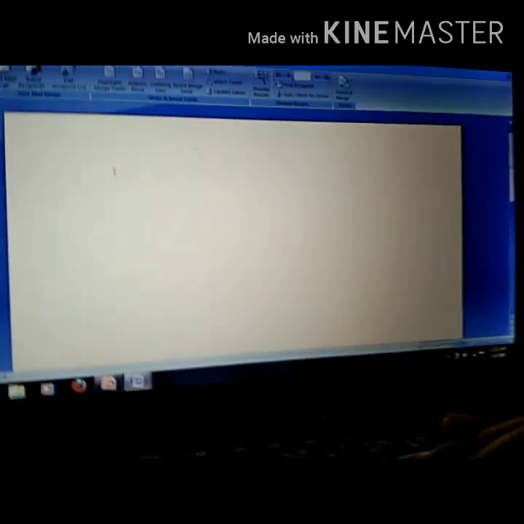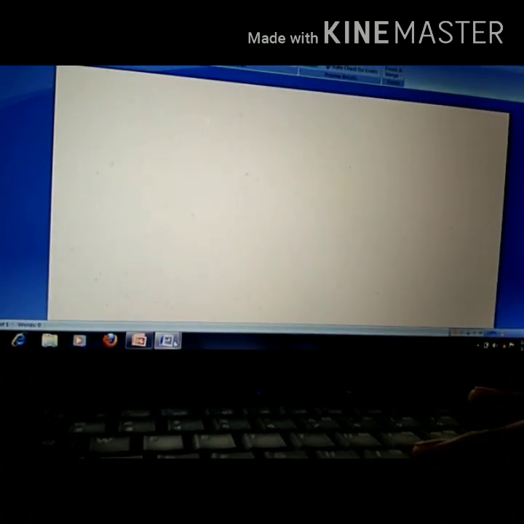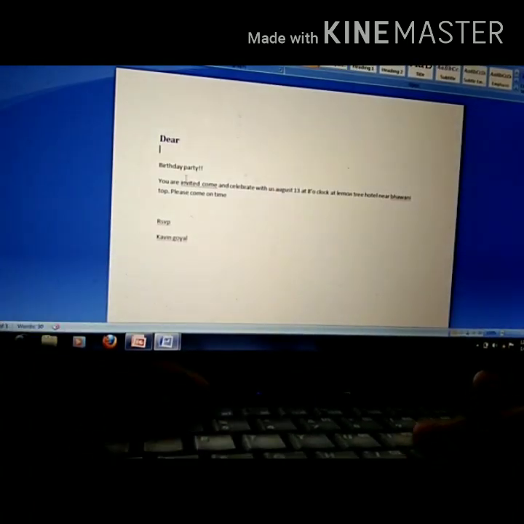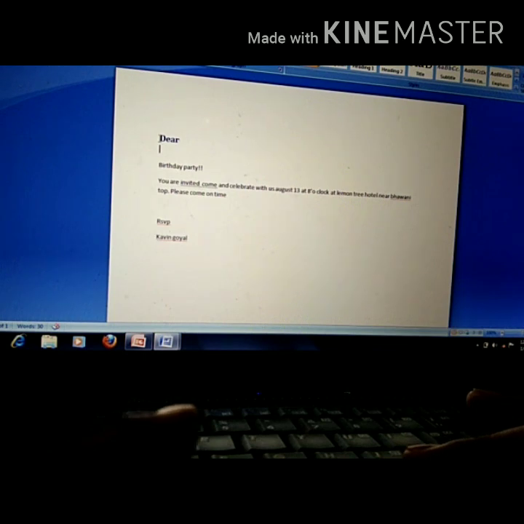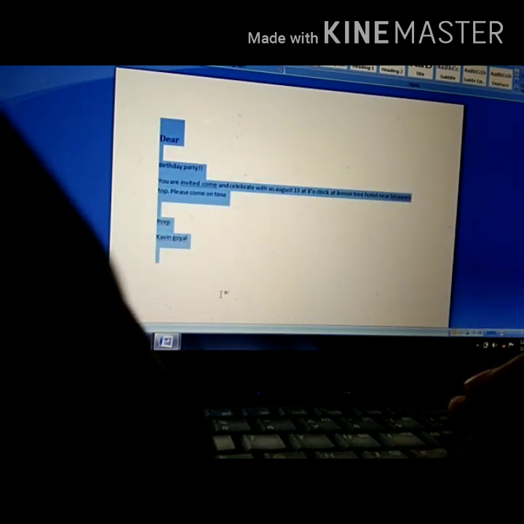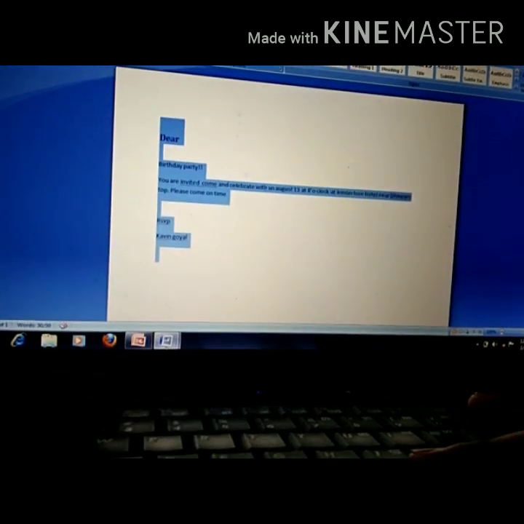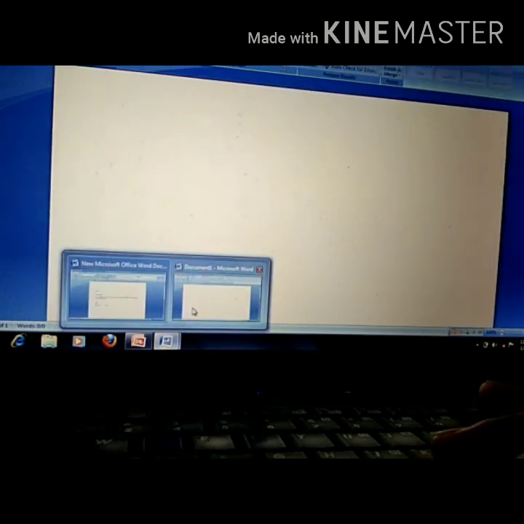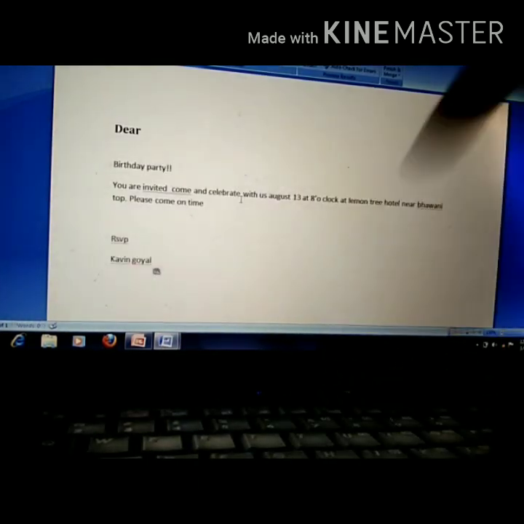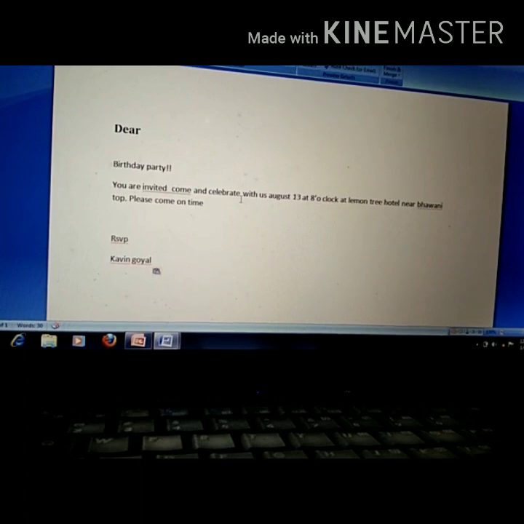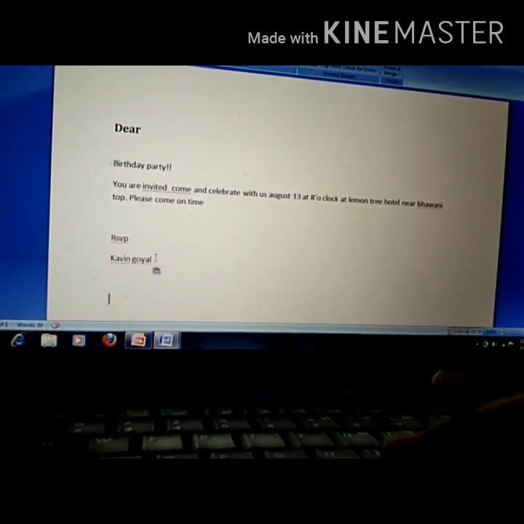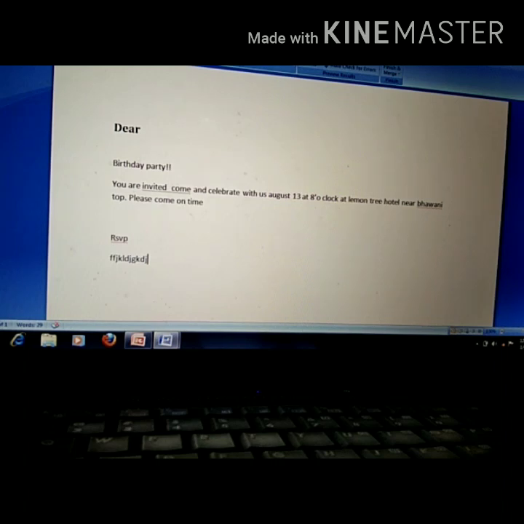Now I have copied the content from the previous one. You can type here also, so we can create this main document. So I am copying it from here. Ctrl+C is the shortcut key for copy. Move on to that location. Ctrl+V is the shortcut key for pasting. Now I am making the changes. If you want to make any changes, I am doing changes here. You can type your own name. Done. So it means our main document is created.